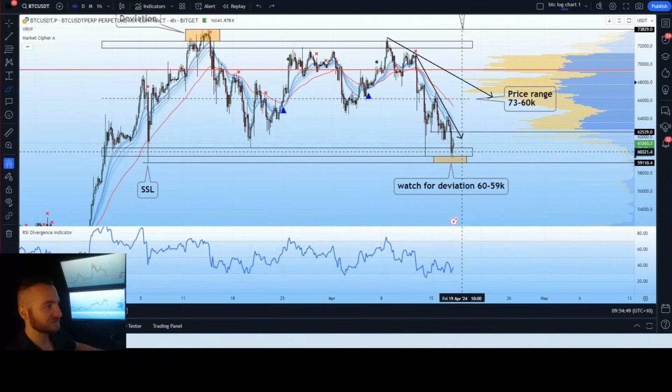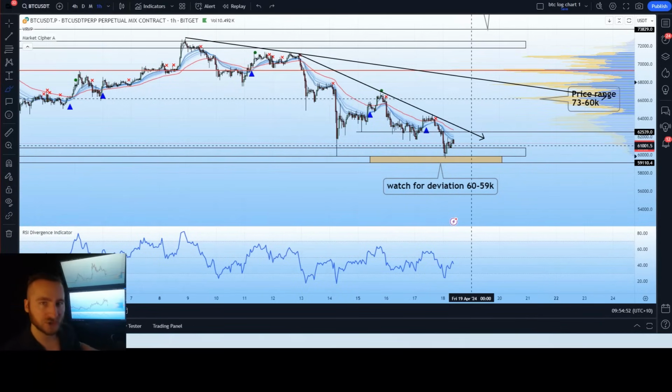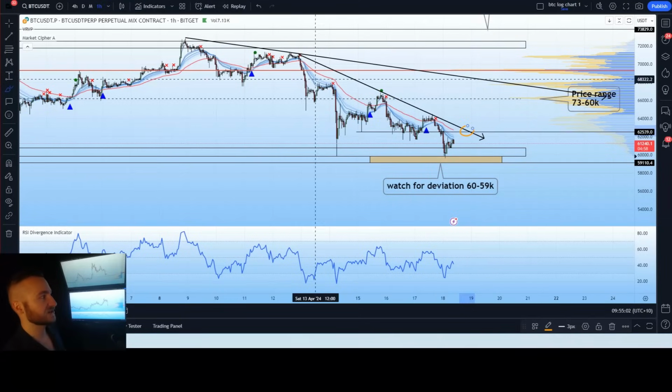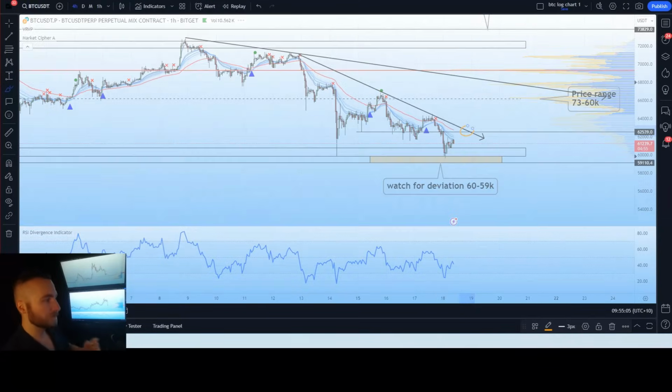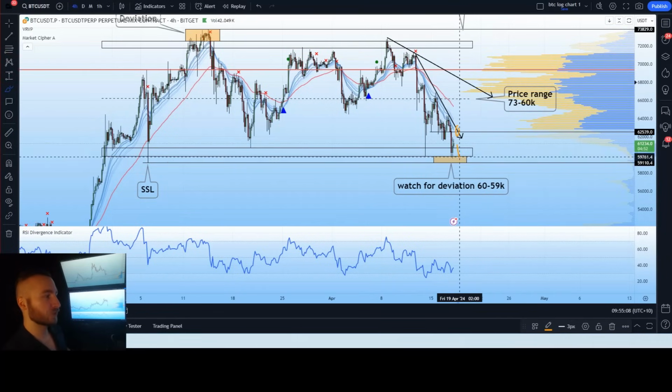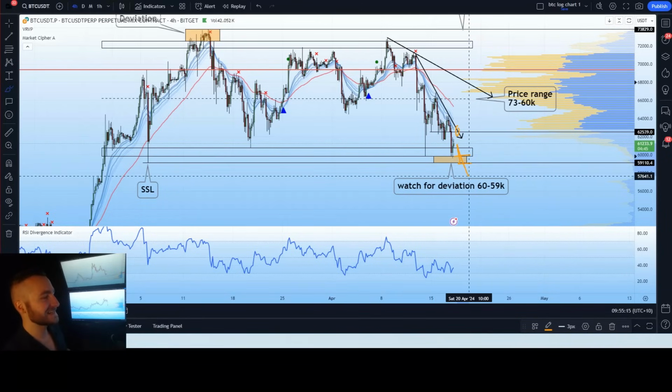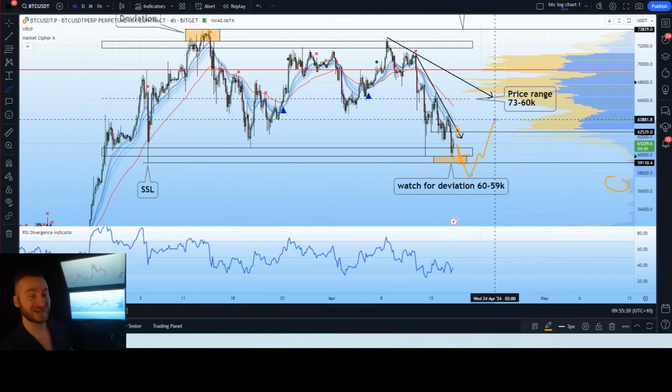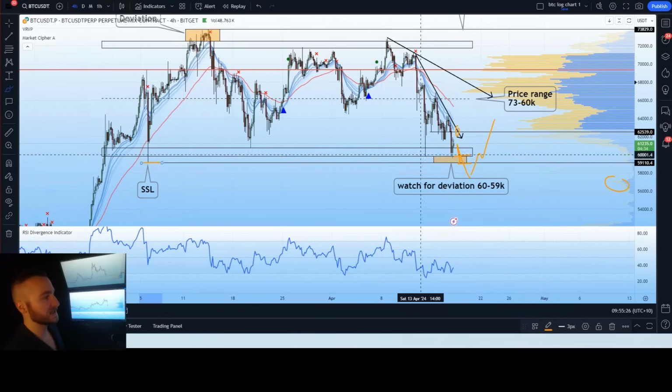However, we have now seen a small bounce, but this bounce has not been strong enough to indicate a reversal has developed from this area of support. And until we see a reversal develop, which we would need to see a break of this downtrend, we are still open to the fact we could see one more retest of this 59 to $60,000 level, or worst case scenario, we could even see a liquidity grab underneath this level into this 57 to 58k region before a continuation back upwards. So pay attention to all of these scenarios, mostly watch our sell side liquidity,